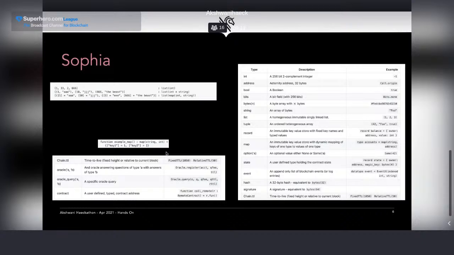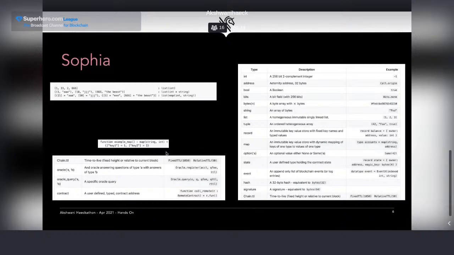We have the option type because there is no null, and this is very important in smart contract development. When I have something that is not defined, how do I start? In our case, we have the option to simulate that null value, which is going to take the value None or Some.